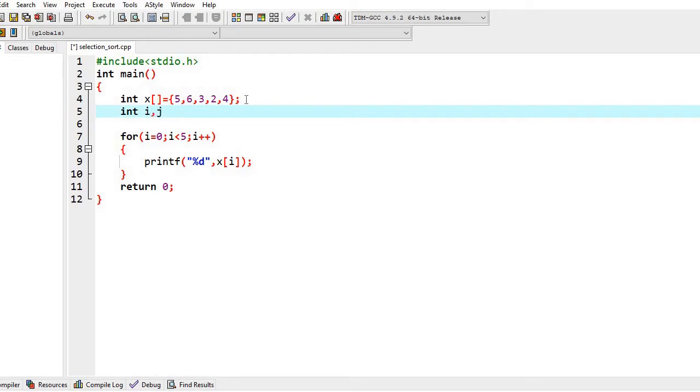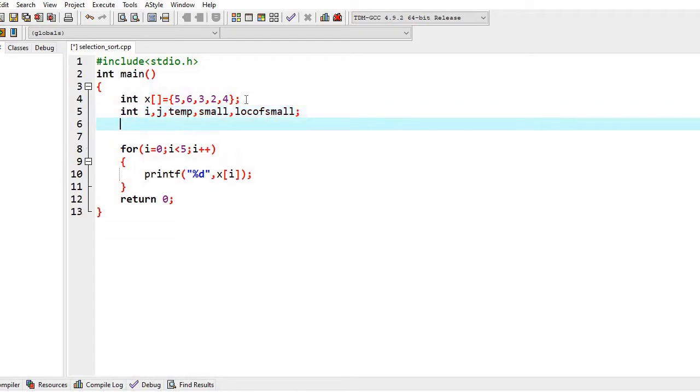So I'm declaring those variables like this. Yes. So now we will take a loop for i equal to 0 to i less than n and i